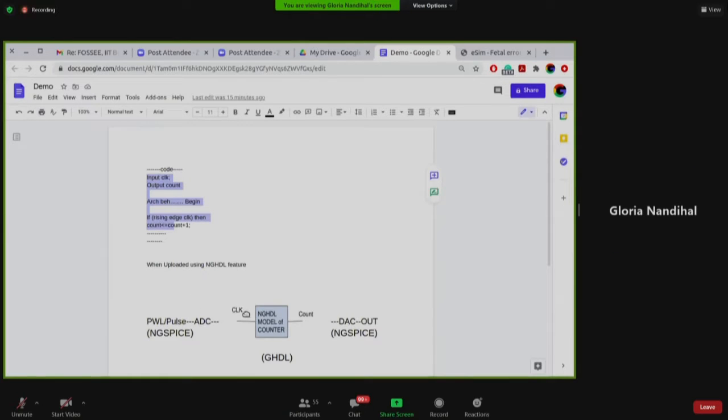Whenever the clock signal is given by your PWL or pulse or whatever, whenever the pulse is 1, the count becomes 0001, then again 0010, 0011, and so on. It's just an up counter program. In the afternoon I was talking and many participants were not able to understand, so this is how it works. I'll stop sharing my screen.